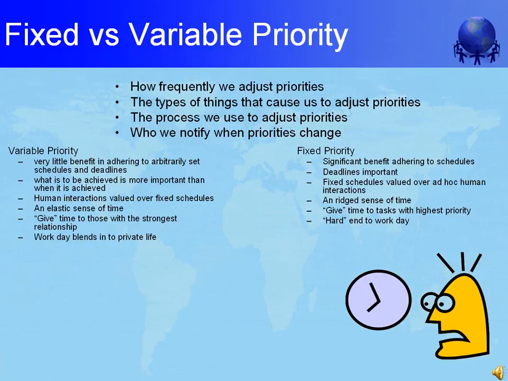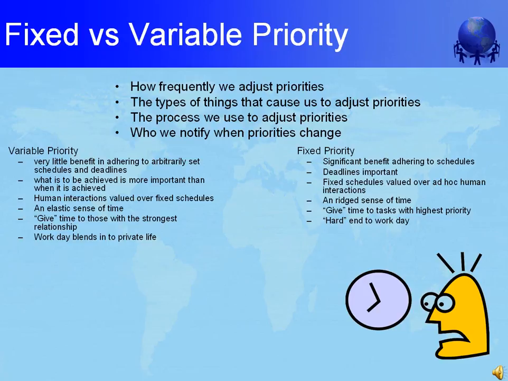People with a variable priority orientation believe that conditions are constantly changing, and as a result, the most effective way to get things done is to constantly reassess priorities and change them whenever the need arises. Almost anything may cause a priority readjustment. For example, being given a task with an immediate deadline, or getting a request from someone with a stronger relationship connection than the requester of the current high priority task. Requests from family or close friends almost always result in reprioritization. Further, notification of parties who will be directly or indirectly impacted by the changed priority is not required. If the people who are impacted are from the same culture, they will understand.